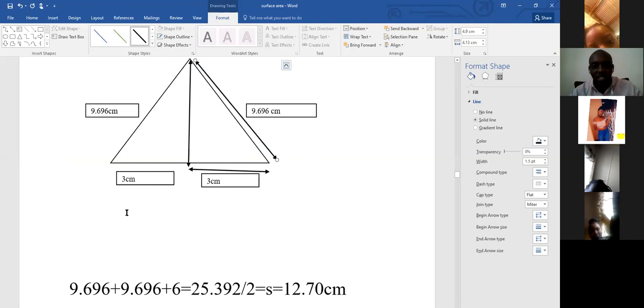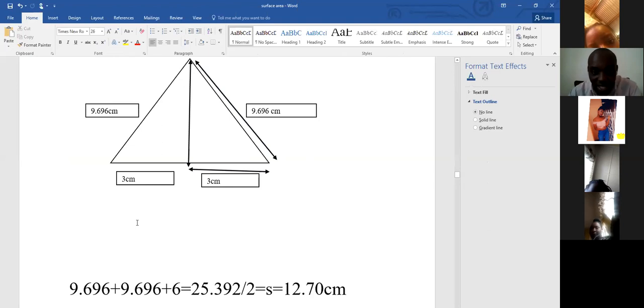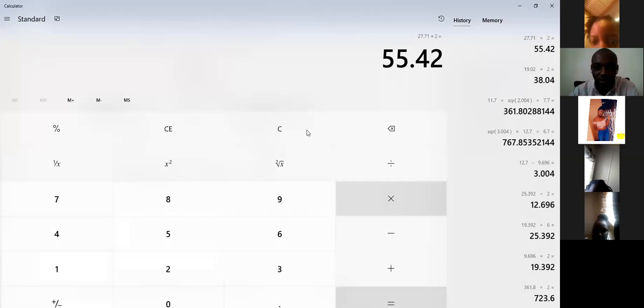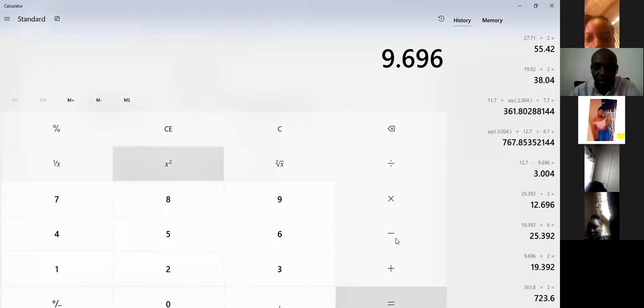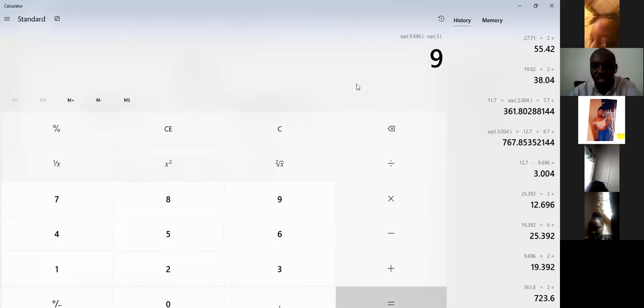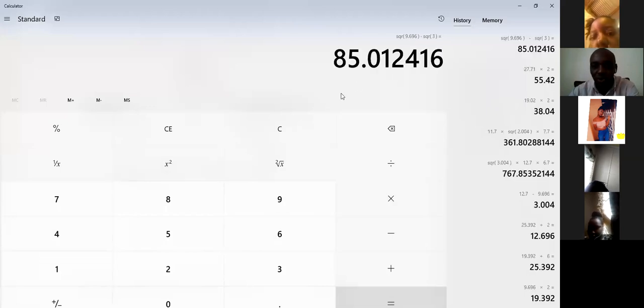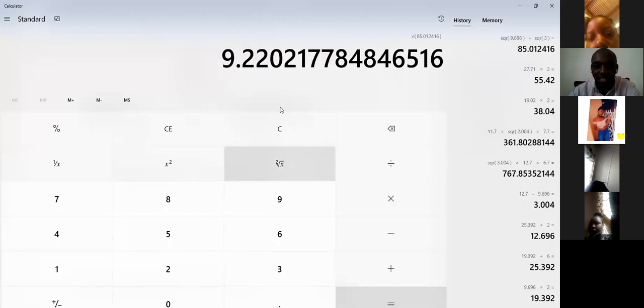So I can use Pythagoras theorem here by saying 9.69 squared minus 3 squared. What is going to be my answer? Let me share the calculator directly. 9.69 squared minus 3 squared. The answer is going to be 85.012. So I find the square root of this. The answer is going to be